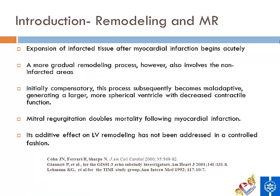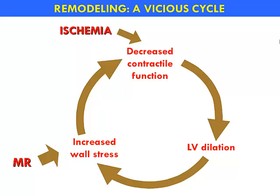And we know that after a myocardial infarction, expansion of the infarcted tissue begins almost immediately. This process, which we call remodeling, is actually a compensatory mechanism at the beginning, but subsequently becomes maladaptive, and it generates a spherical ventricle which does not contract. We also know from epidemiological work, quite old ones, that even the mere presence of mitral regurgitation doubles mortality following myocardial infarction. But how mitral regurgitation affects remodeling and vice versa has not yet been assessed in a controlled manner. So Bob had the idea that this vicious cycle